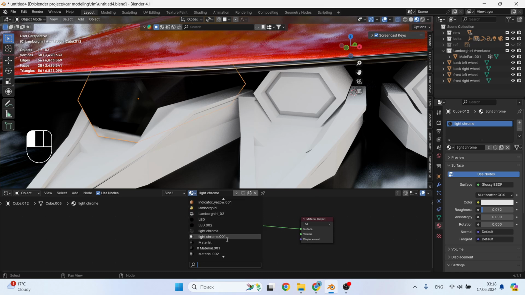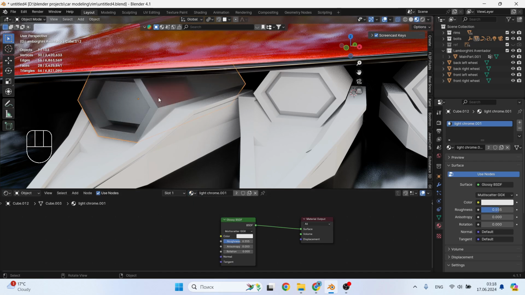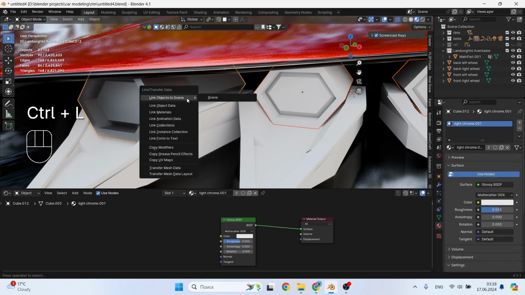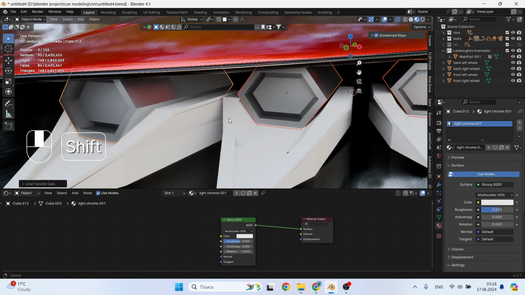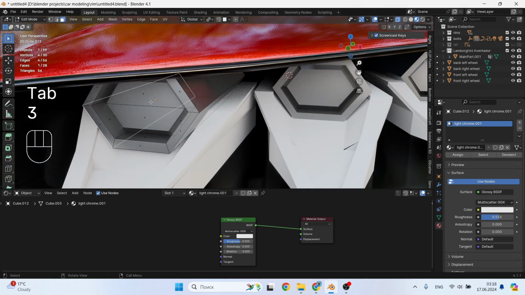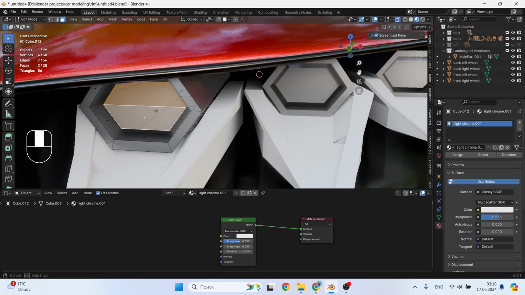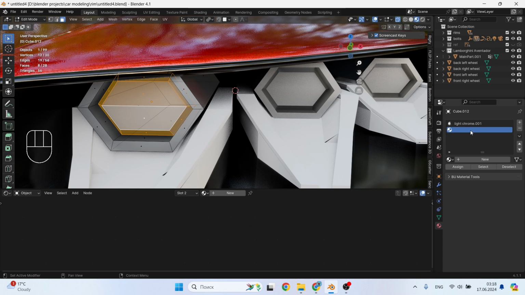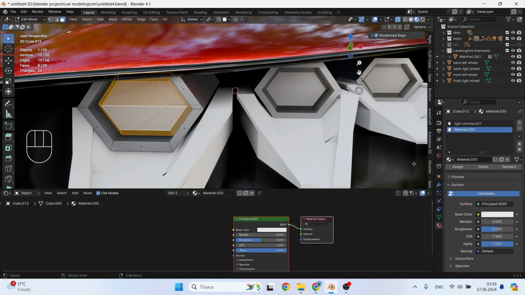Select the other two light emitters, the third one that is already painted, and press Ctrl+L and link the materials. Next, select the crystals from which the light will be emitted, add another material, rename and change it to emission.